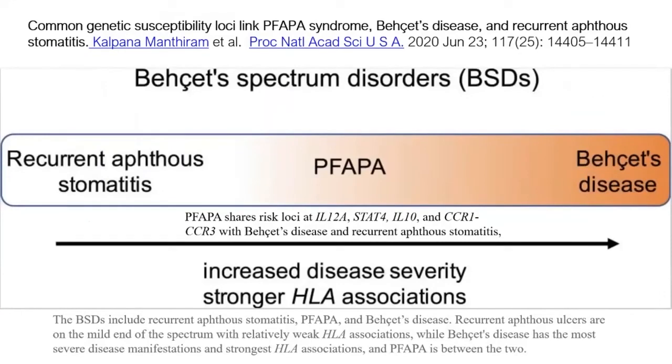Here is some more fascinating recent research from some American researchers. They studied the genetics of patients with Behcet's on the one end of the spectrum and simple recurrent aphthous ulcers on the other, and something in between called the FAPA syndrome, periodic fever, aphthous stomatitis, pharyngitis, and cervical adenitis, which is the most common periodic fever syndrome in children. Now it's interesting to note that FAPA shares risk loci for disease at IL-12A, STAT4, IL-10, and CCR1, CCR3 with Behcet's disease and recurrent aphthous